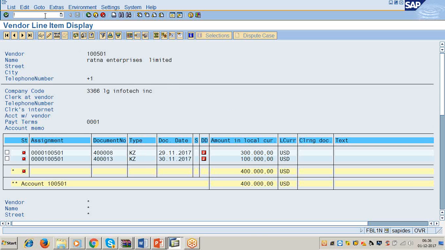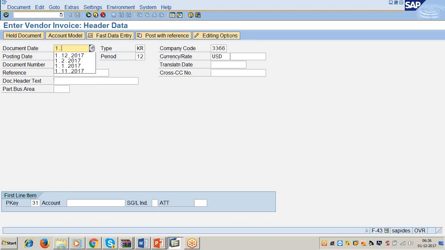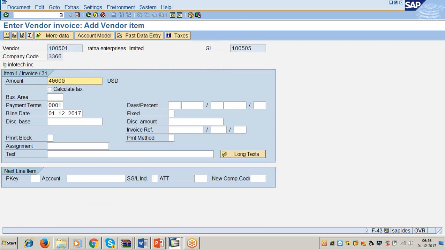So technically speaking, what you have to do is post one invoice in F-43. Date 1/12/2017, posting key 31, account is 1,501. Click on enter. The amount is 4 lakhs. Business area 3366.